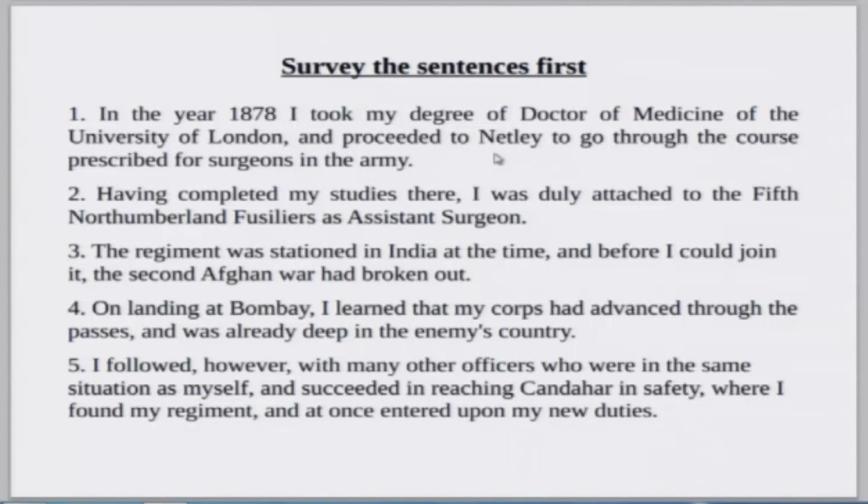Okay. And other things are hanging here and there, anchoring onto things already here. So, I took my degree and I proceeded to Netley. Both are equally prominent. So, this is a compound sentence. And apart from these 2 clauses, I took my degree along with its associated things and I proceeded to Netley with its own associated things, there is no other third clause. Okay. To go is not a verb in the role of a verb, it is an infinitive. Okay. Prescribed is not in the role of verb, that is currently an adjective.